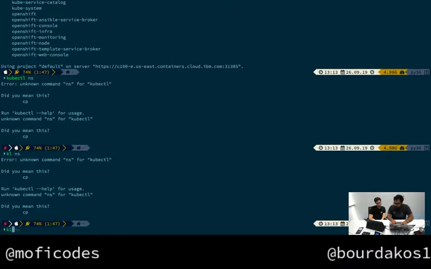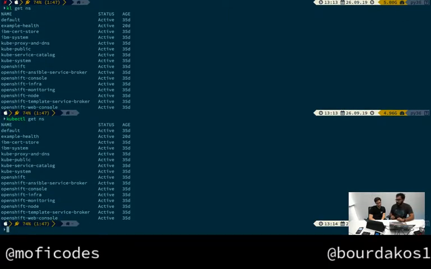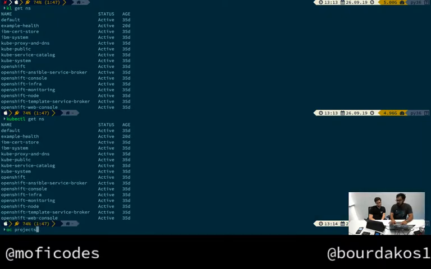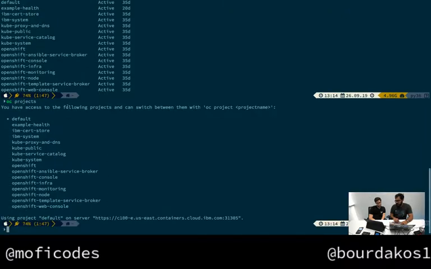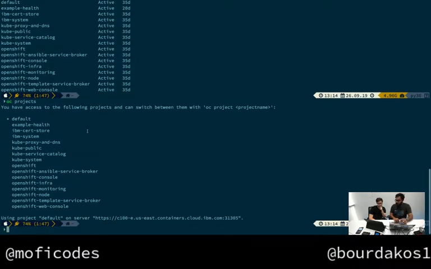Oh, yeah, kubectl get ns. There you go. You have to kubectl get ns. So you'll see that the namespaces are exactly the same. If I do oc projects and kubectl get ns, you get the same namespaces. Right. And you can actually use kubectl for